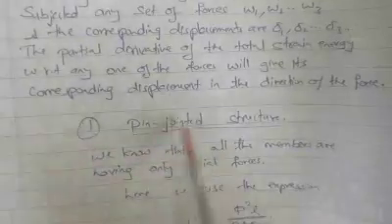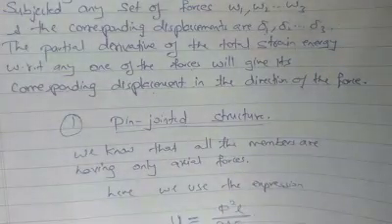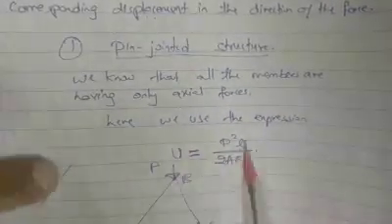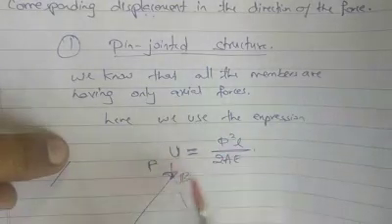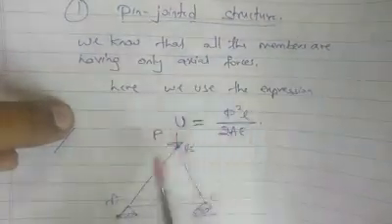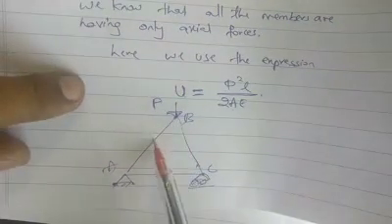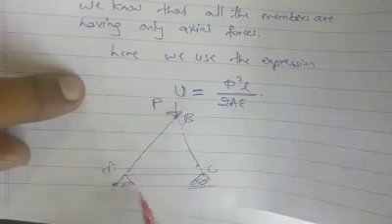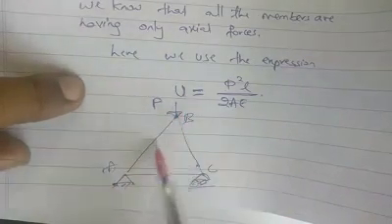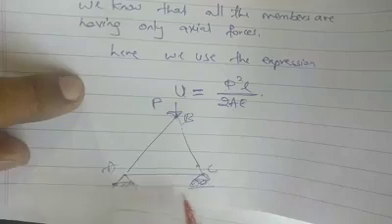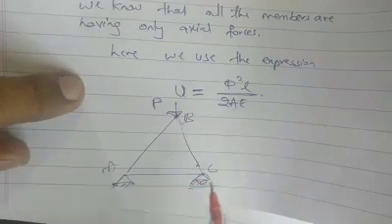So first of all, we are having pin jointed trusses. Here we know that all the members are having only axial force. So here we will be using the expression U is equal to P square L by 2AE to find out the strain energy. We have to find out strain energy for each member. This U is the total strain energy of the system. So for each member you will be having P square L by 2AE. For all the members we have to calculate strain energy and do the summation. Then we have to go for partial differentiation. So first of all, we will do one problem.